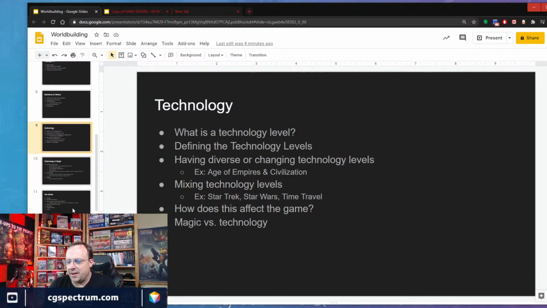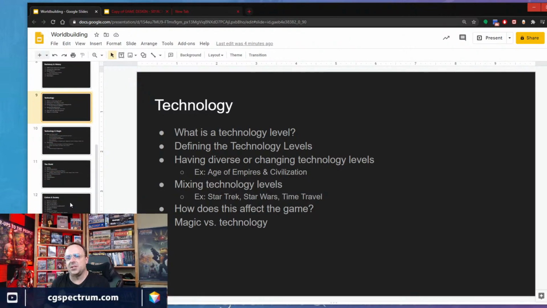Next is talking about the technology. And we talked about this briefly last week. What we're talking about here is not the technology of what rendering engine you're using for your game that you're making. This is not how you're programming the game. This is not modern day technology. Here, we're talking about what is the technology level for your